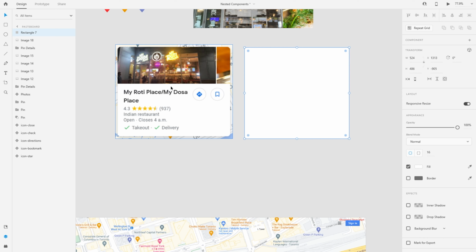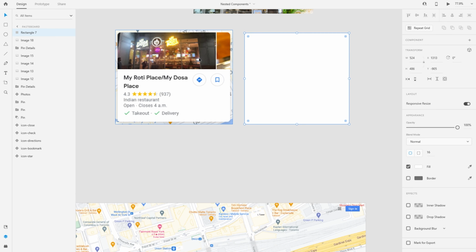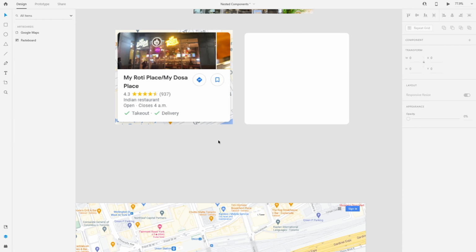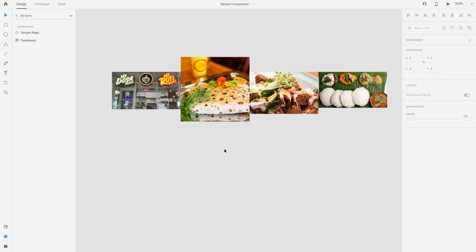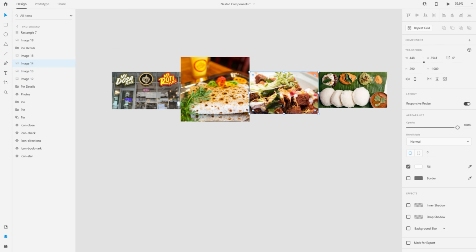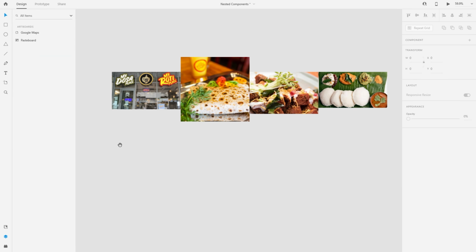So the way I imagine to build these photos is actually building its own component first. So we can actually use different states of a component for different photos. It'll all make sense in just a moment. So just follow along. So here I have a few photos of my favorite location in downtown Toronto, and I'm